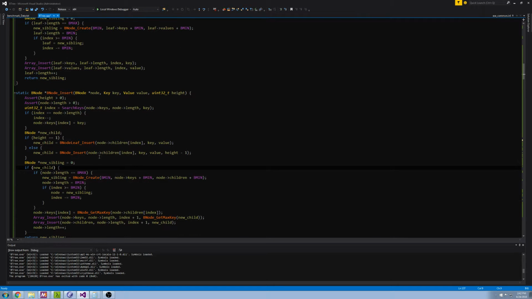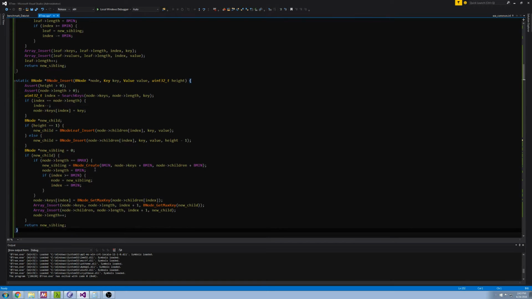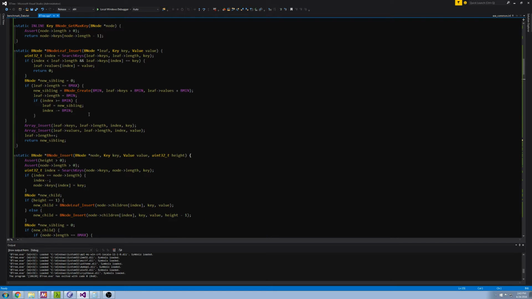And then once a new child was produced, in the common case, as with the leaf insert, we can just do an array insert and call it a day. The one thing that's a little different is that we have to update the key ranges to reflect the new split. But if we try to do the insert and the node is already full, we do the exact same thing we did for leaves. So far what you'll note is that the nodes grow horizontally by default, which is what this array insert does. If they get full,